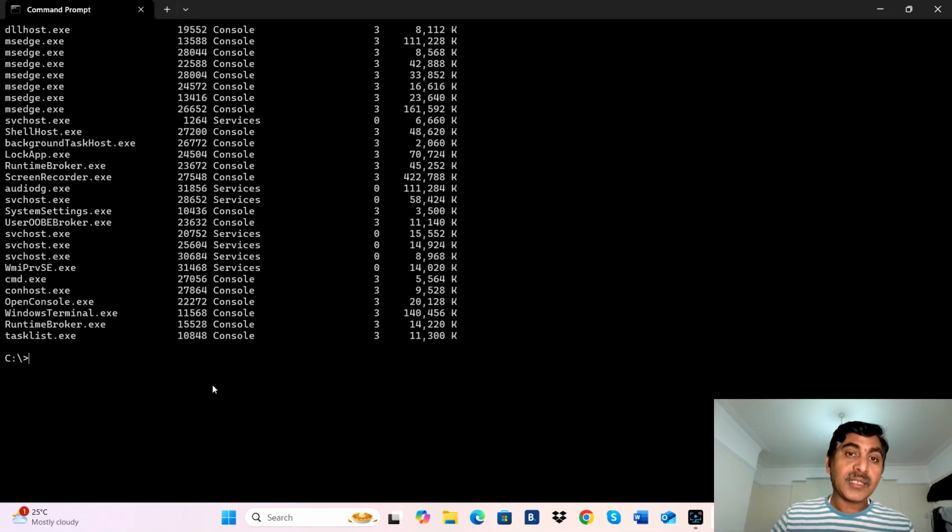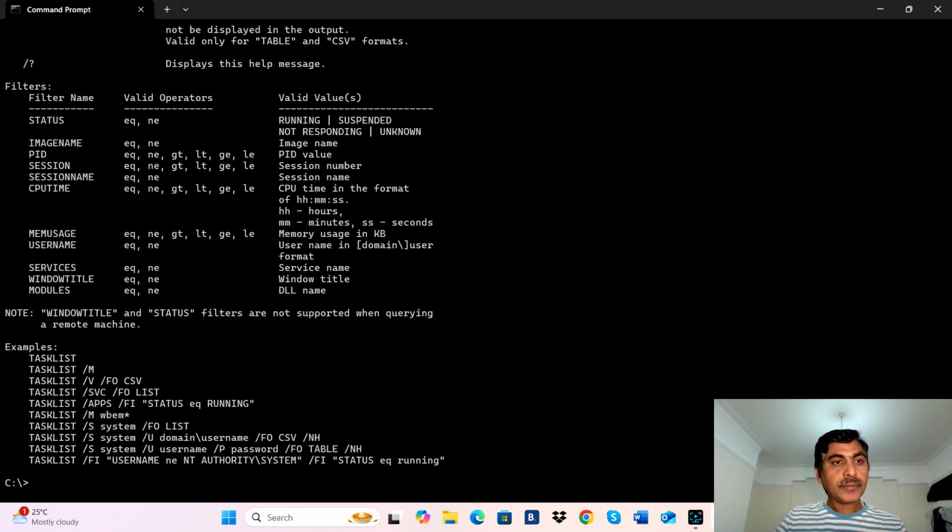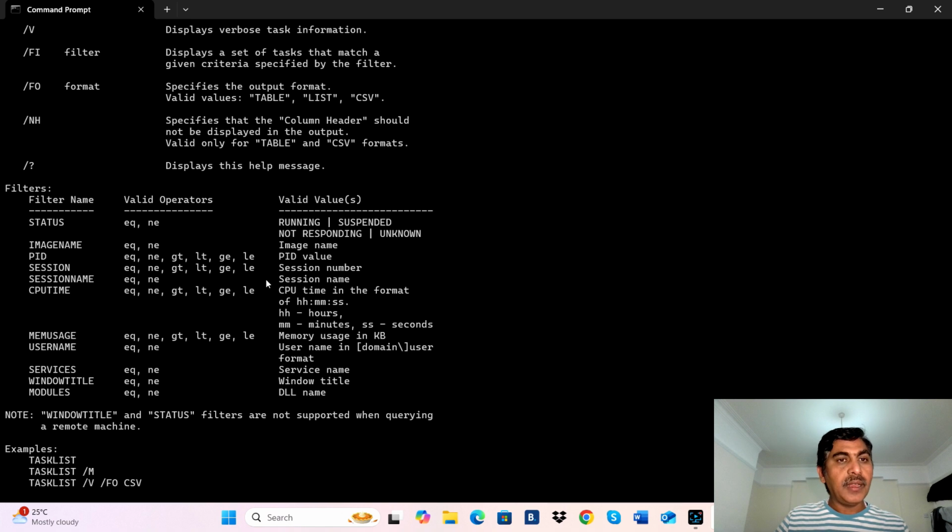The good thing in the DOS commands is basically there are a lot of functions inside each command. What a lot of functions means, I will show you now. Let's say we type the same command, TASKLIST, and if we type slash and question mark, press enter. See, these are all the things that you can do with the task list command. Basically, if you go up,